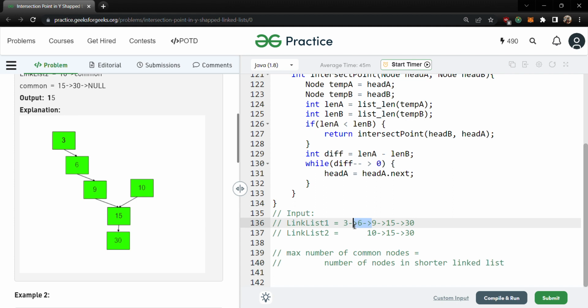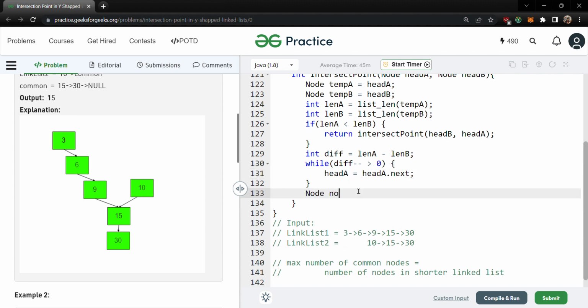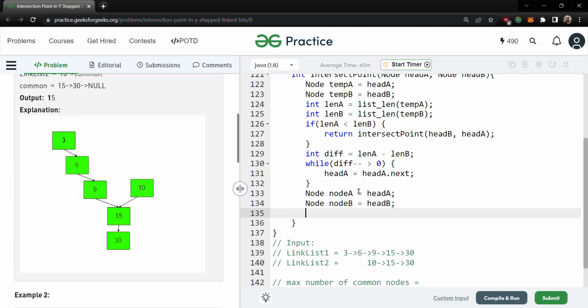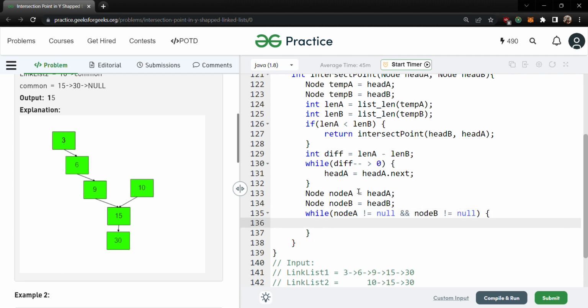So after that we are going to have the same size of both the linked lists. For that we are doing this step. So now we will point node a to our new head and node b to our other linked list, as it is going to be unchanged since it is shorter. So let's make one while loop. While our node a is not equal to null and node b is also not equal to null, what we are going to do is check